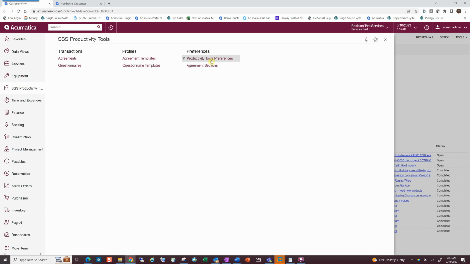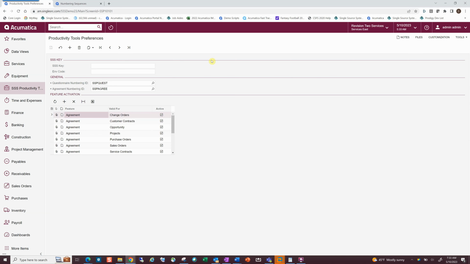When you first install the product, you will need to go into here and at least save the defaults. You'll notice here it's grayed out. What that does is it activates the current product with the defaults. Now, if we take a look at some of the things on this form,